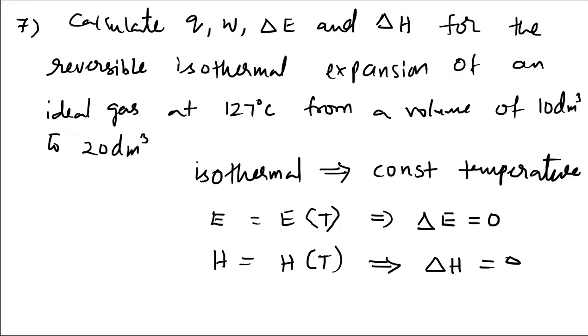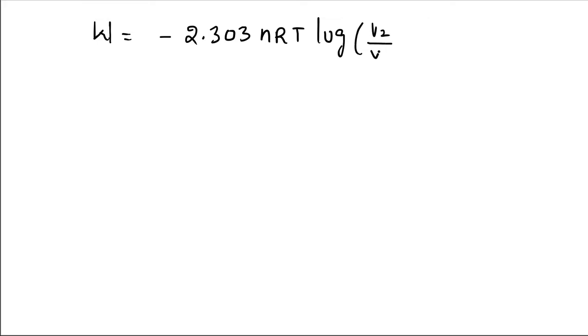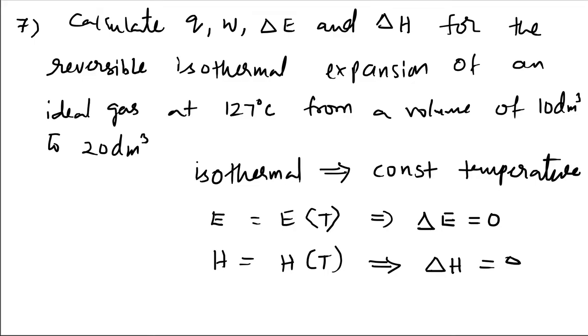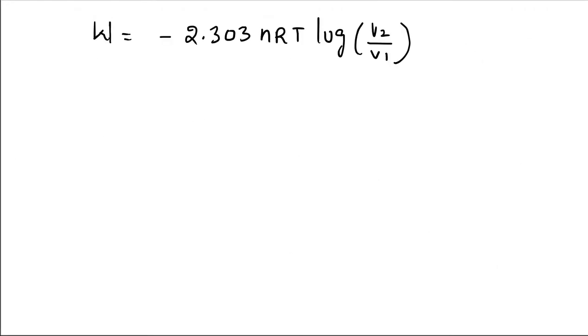So therefore, the work done expression for isothermal expansion is W equal to negative 2.303 nRT log V2 by V1. Okay, and here how many moles of the gas is given? Reversible isothermal expansion of ideal gas at 127 degrees centigrade. Okay, so there was no word mentioning regarding the moles of the gas. So okay, let's take for 1 mole of gas. Let's take n equal to 1 mole,